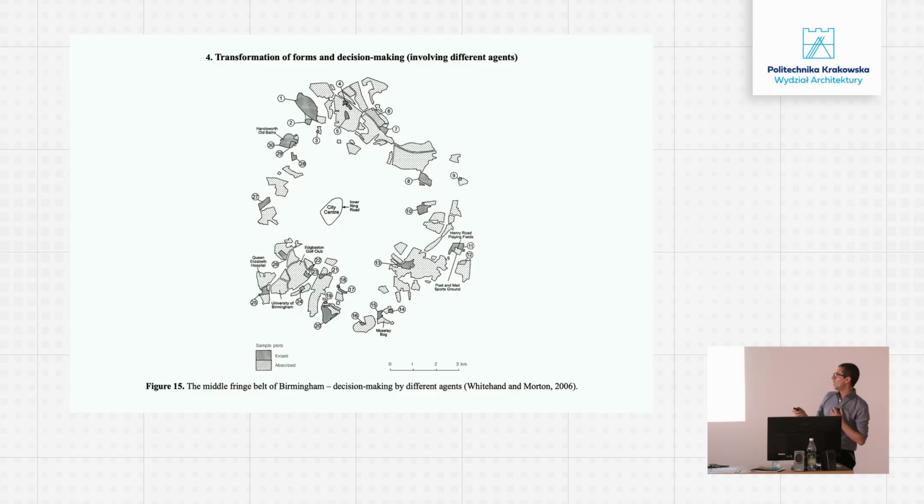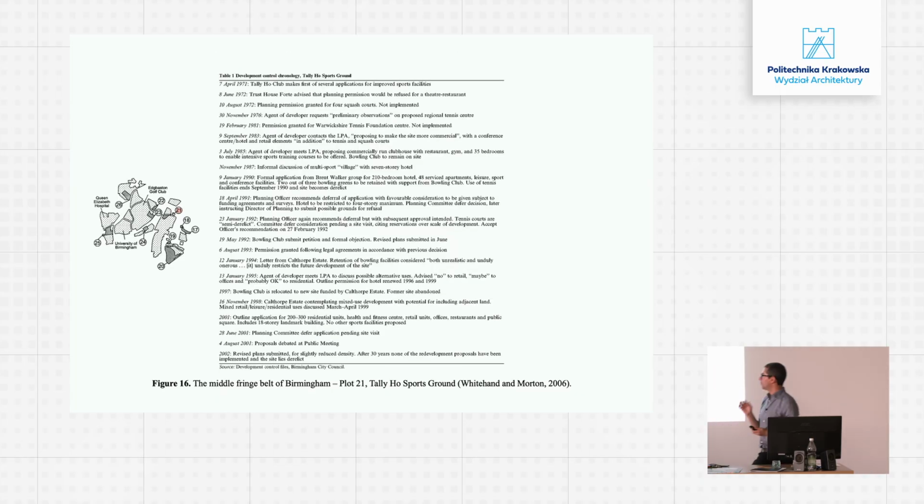So Jeremy Whitehand is looking at one of the fringe belts in Birmingham, and is looking at a high number of plots that make the fringe belt, and is trying to understand the individual decisions that take place in each of the plots to have a real comprehensive knowledge of how these structures are changed over time, how they resist transformation, because these are usually plots that are very attractive to real estate. For instance, imagine